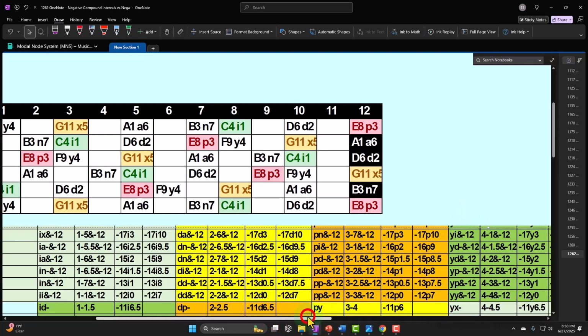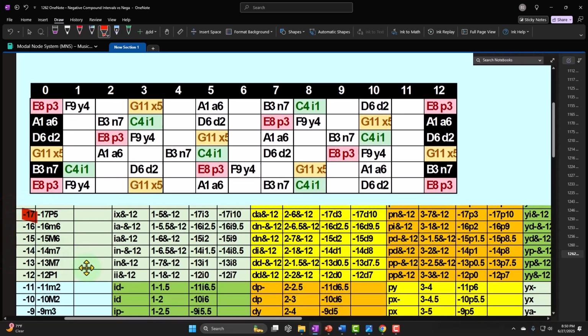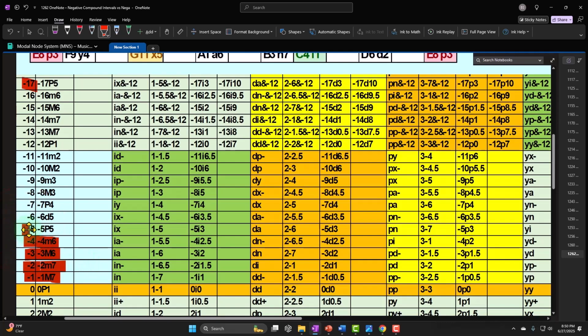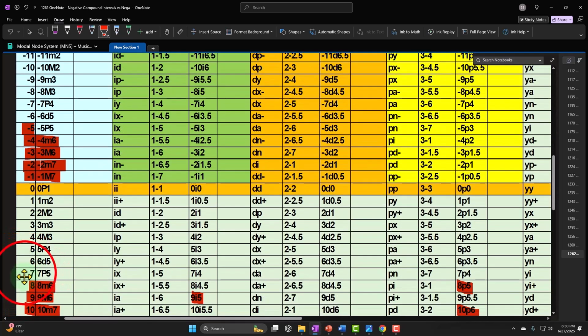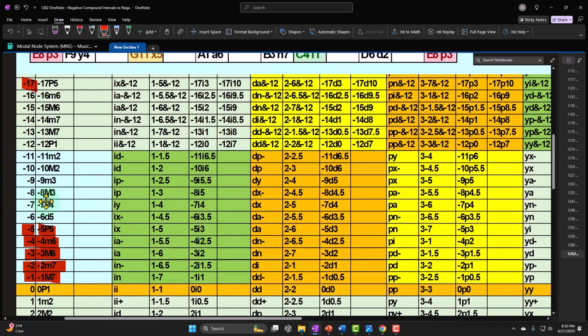Okay, so now we're gonna go back 17. 17 back. So what's the local distance? 17 minus 12 is like 7 minus 2, 7, 6, 5. Negative 5. If I was going forward clockwise, it would be 12 minus 5 in the local distance, which would be 7, and that's going to be a perfect fifth. So I would call this a negative 5 perfect fifth for the local distance, which if I add another 12, which would be a negative 17, and then the clockwise